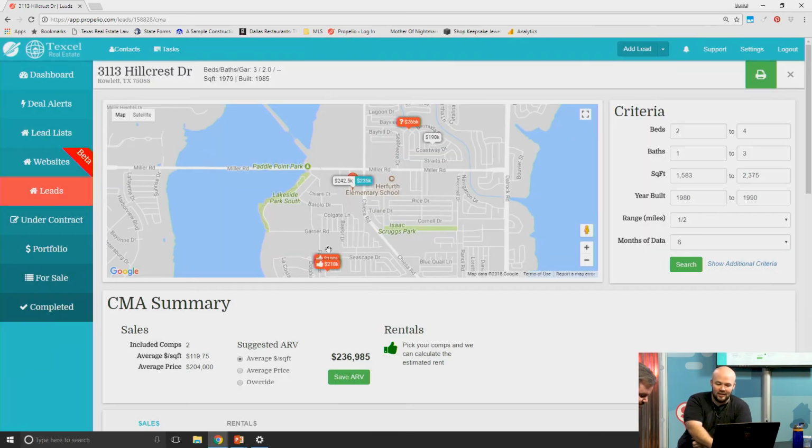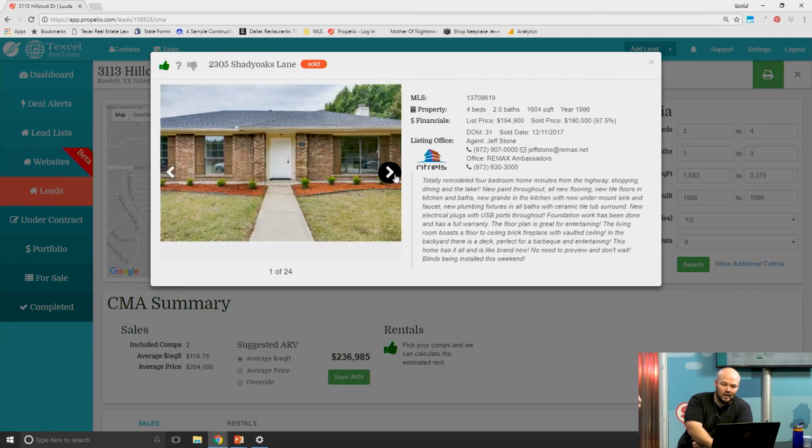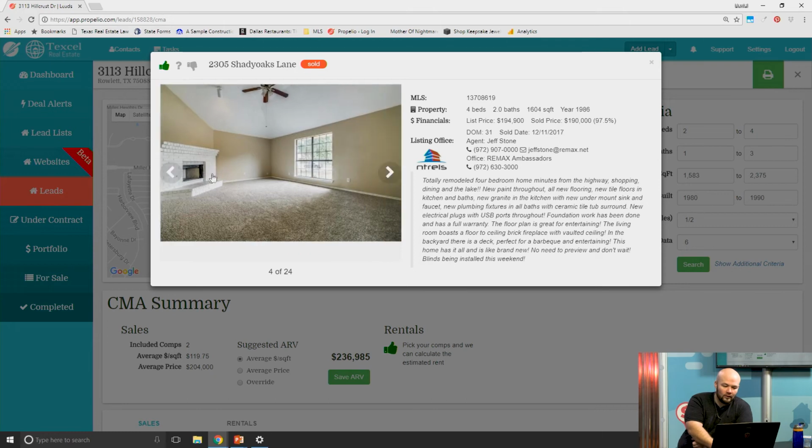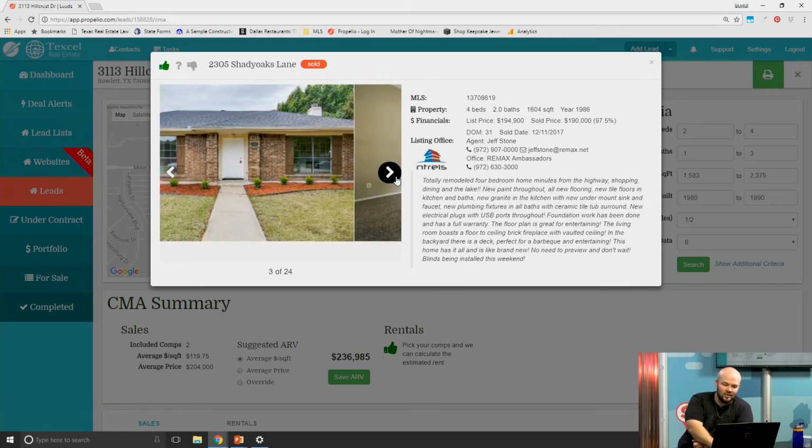What I'm trying to do is give you an idea of what I would look through. Now, this process initially would take me probably around, well, the way they took a picture of the front yard, I can't tell if it's a front entry garage or not. So kudos to them for taking that picture.